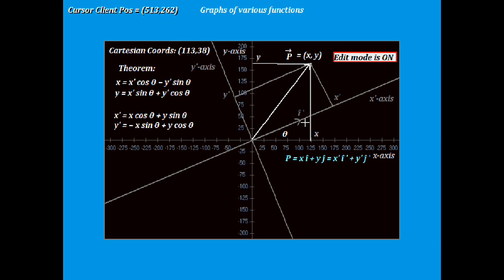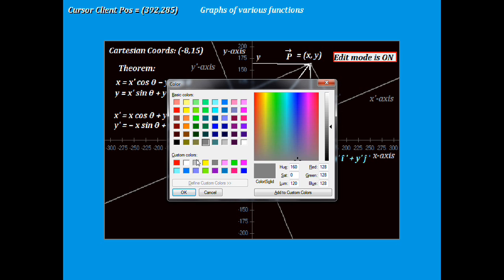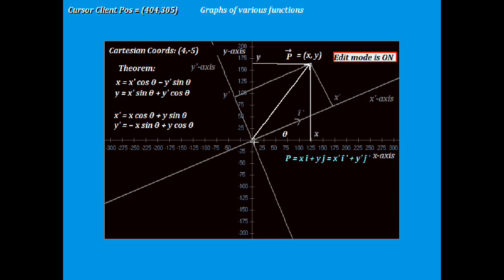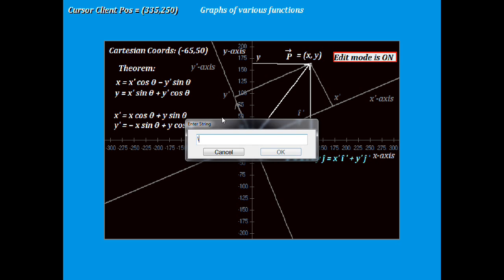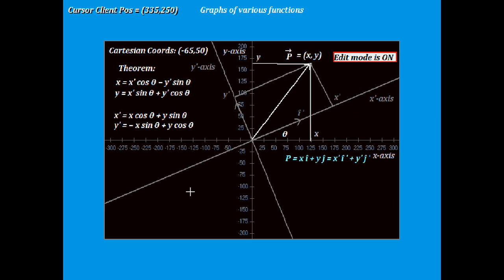We'll call this hat i prime, and we'll make another one in the y prime direction. You don't see the prime if you don't put a space. It's almost invisible. So equivalently, we can make i prime and j prime in the other system,